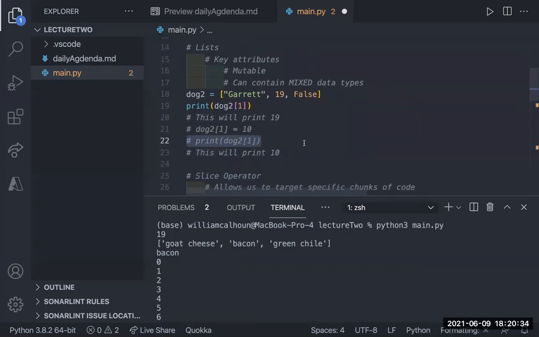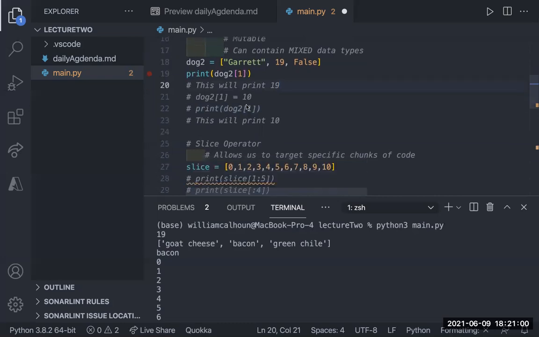Somebody asked, how do I comment? It's just command and then the question mark slash key. So this is for Mac. CMD plus that is to comment out, or on Windows it's control. Yeah, so that's how you comment something out. Okay, so any questions on lists?